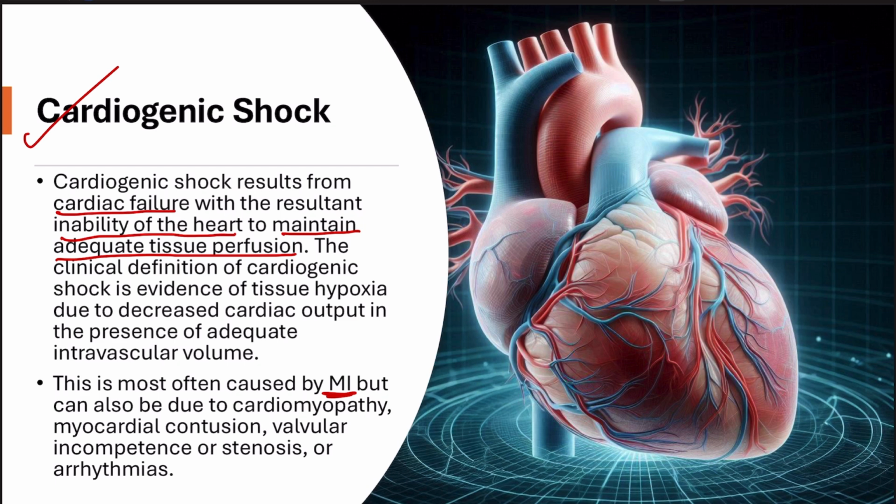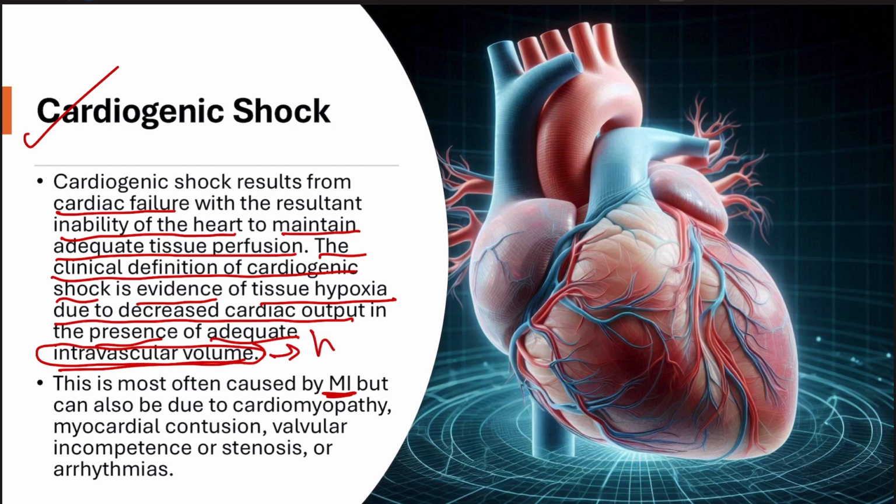As you can see, the clinical definition of cardiogenic shock is the evidence of tissue hypoxia due to decreased cardiac output in the presence of adequate intravascular volume. So if there is a decrease in intravascular volume, then it will come under hypovolemic shock. So in case of cardiogenic shock, the intravascular volume remains normal, but there is decreased cardiac output, which is the